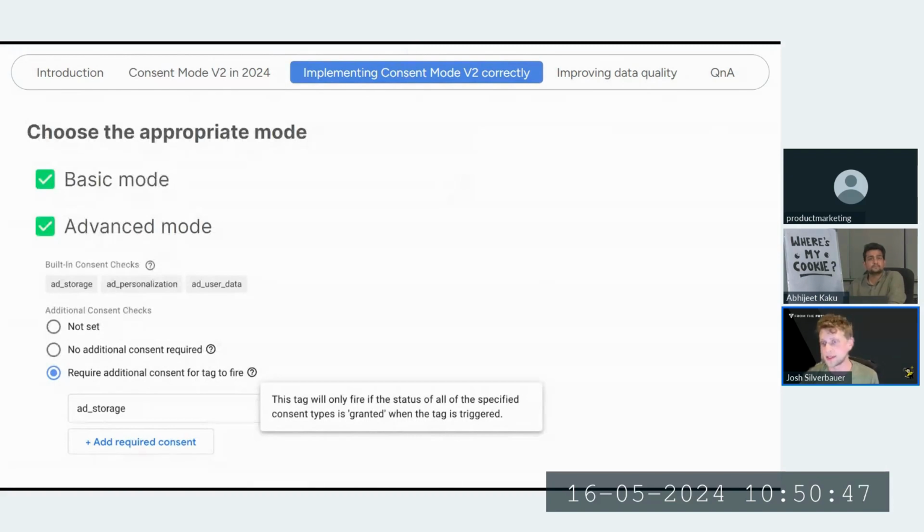Out of the box, if you just set up your consent settings without changing anything, one thing that is not very well explained by Google is what is basic mode and what is advanced mode based off of the actual settings that you put, right?